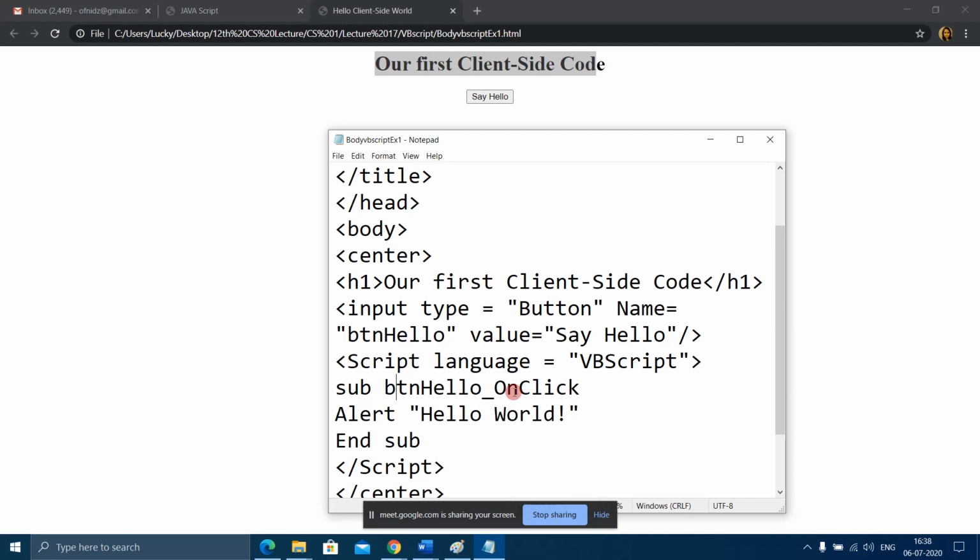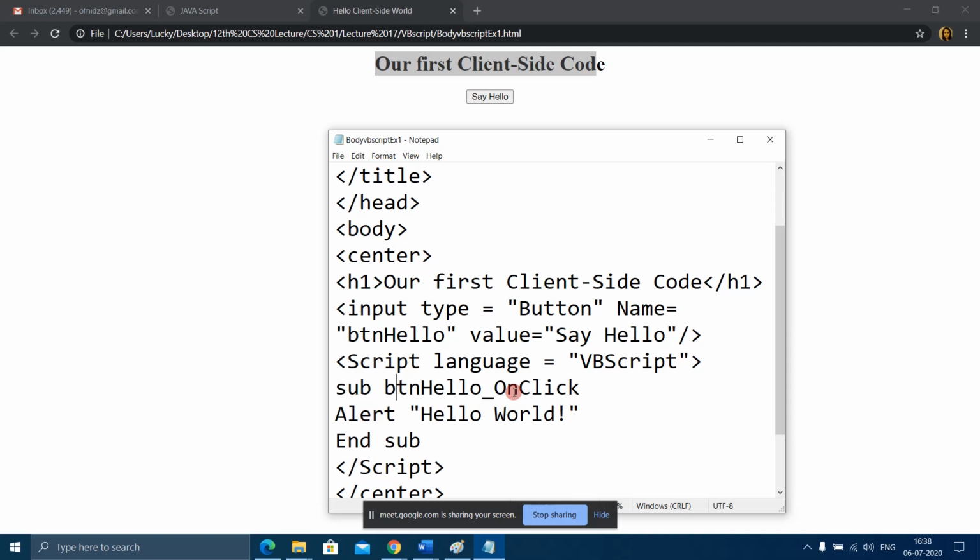If you can relate it with the Visual Basic in 11th standard which we had learned, it will be clear to you. On click means on click event, on click function. That means on clicking, some action should happen. On click event, events which we had learned in 11th standard. When I click, that means it is an on click event.